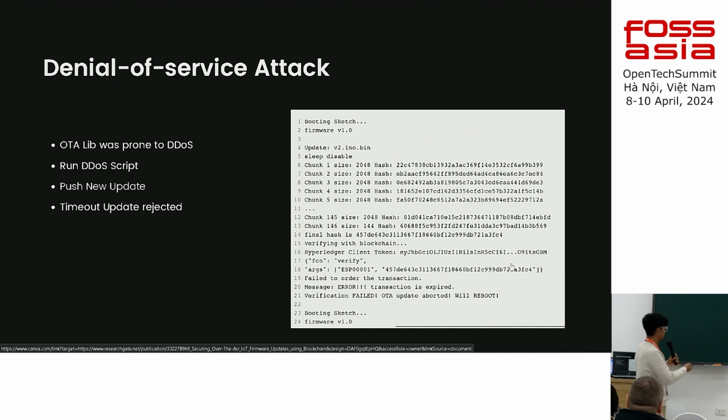In the analysis they did for denial of service, the OTA library, the over-the-air update library for ESP8266, was vulnerable to this DDoS attack. So they created a script and pushed a new update. Basically, new update means random data to the node. It was not an update, it was random data, and they DDoSed it, and after some time they got this timeout